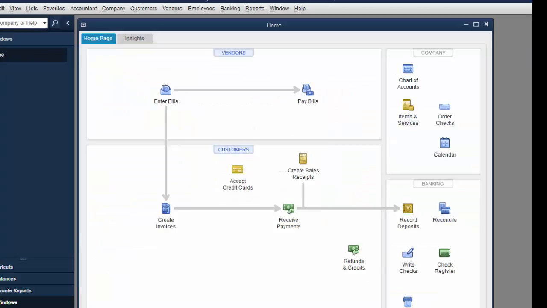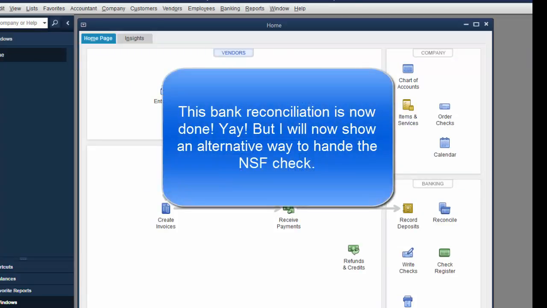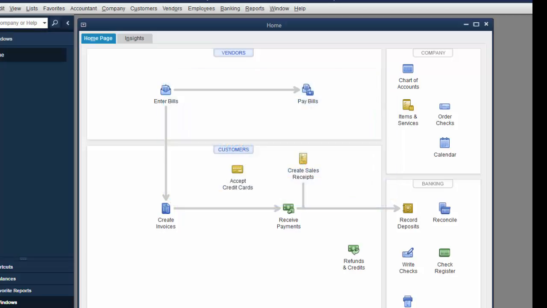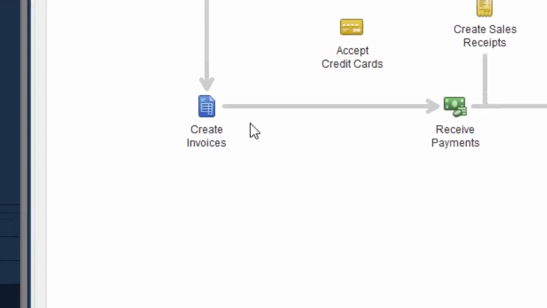And we are done with our bank reconciliation. Now the book shows another way to enter the NSF check. The way we did it is easy to understand if you know debits and credits, basically if you know accounting. But there is another way that you could train a non-accountant to do it, and they don't need to know debits or credits. So one way to do it that the book shows us is to use the Create Invoices